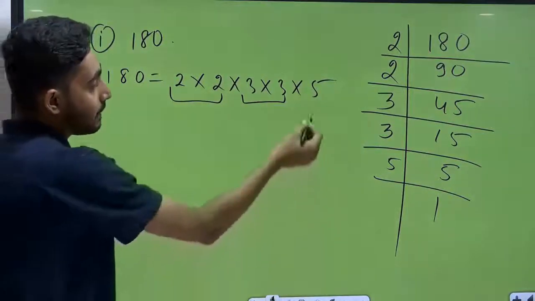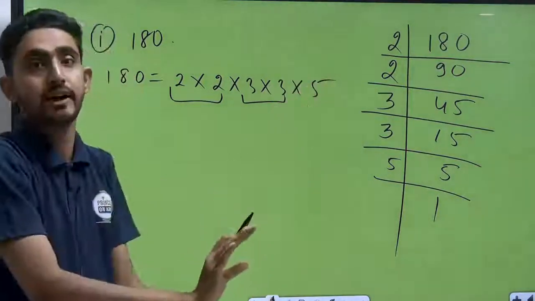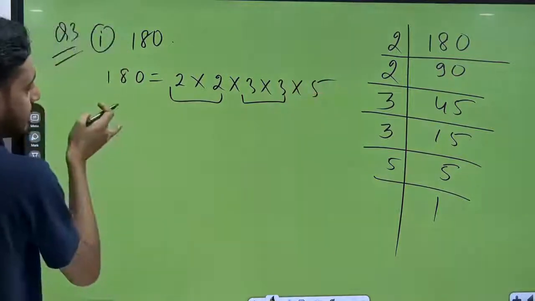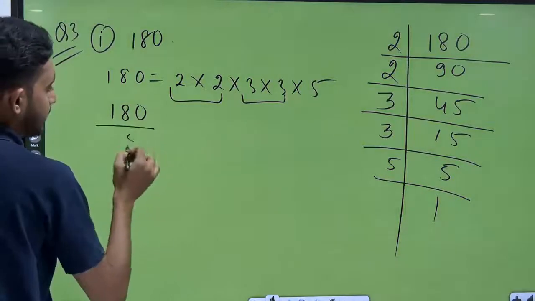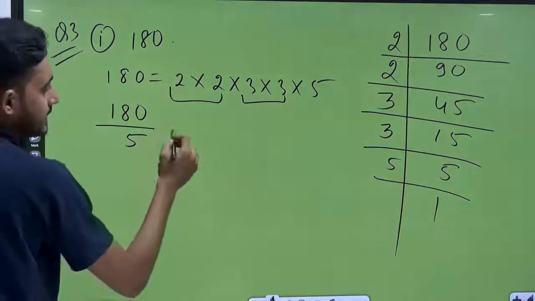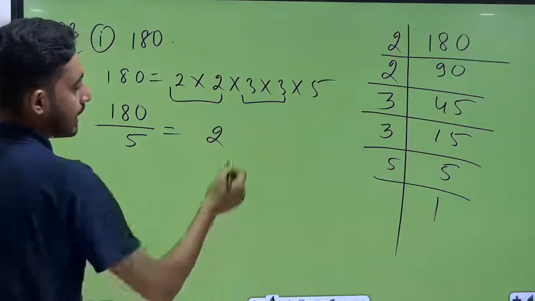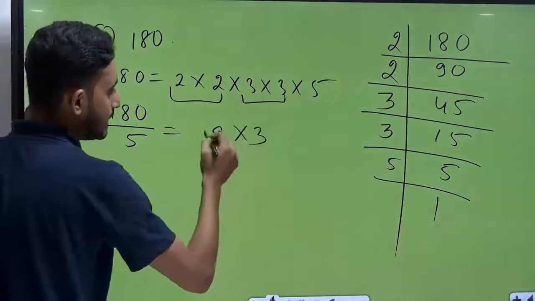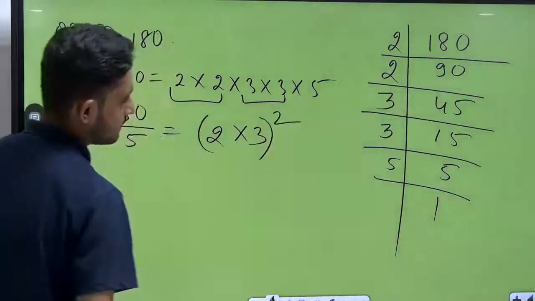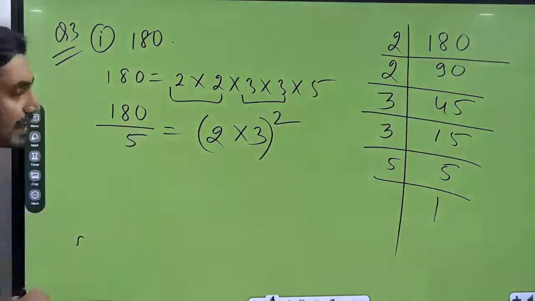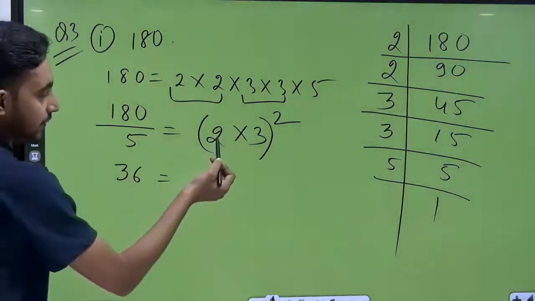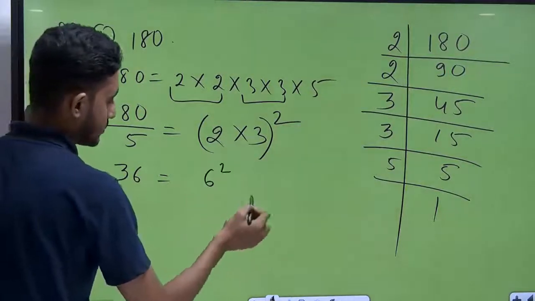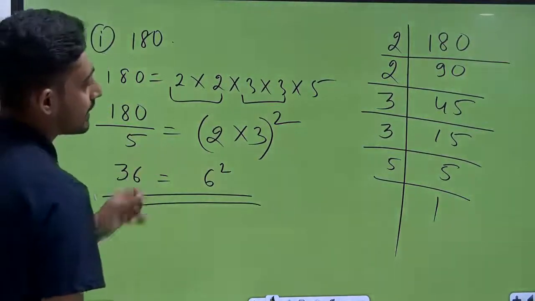तो जो भी आपका number नहीं बन रहा pair, in case of divide, that you have to take this side. So we will write down like this, 180 divided by 5. Okay, 180 divided by 5 is equals to, from this 2 number I will take one number, 1 2, and from this 2 3 I will take 1 3 and write down whole square. Okay. Now 180 divided by 5 is equals to 36. And we know 36 is the perfect square of 6. So done, answer completed.